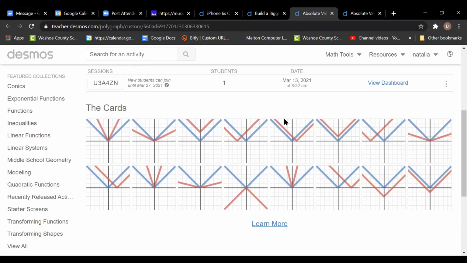Okay, so what you can do is try to do that. And if for some reason it's not working, just scroll down over here and take a look at the pieces here and then just describe to me what is the difference between the two different graphs, the blue graph